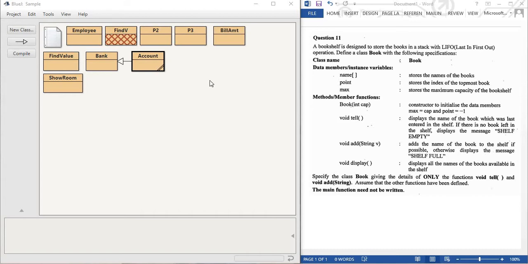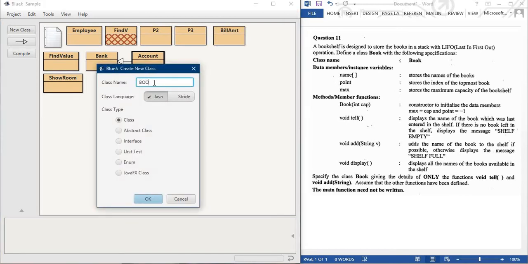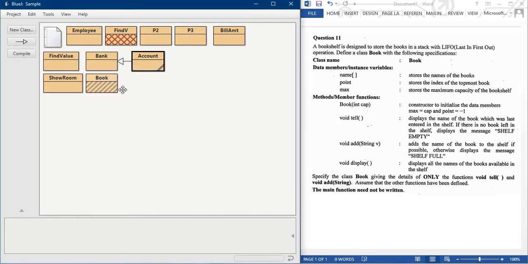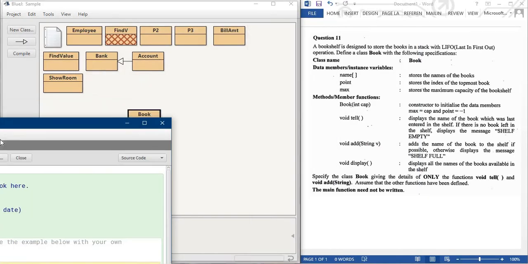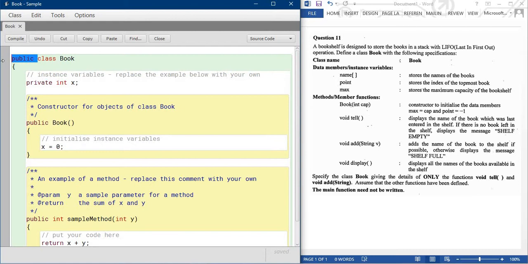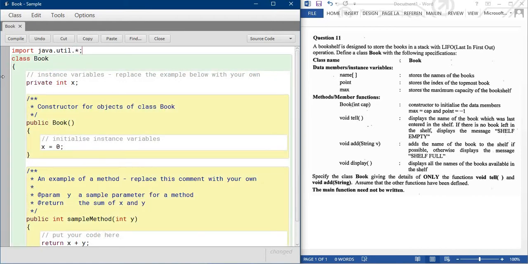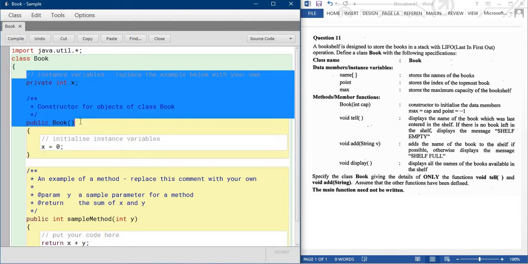So the class name is written over here: Book. I have prepared a class whose name is Book. So as it is, I am writing Book. Now the Book class is created. The unwanted lines I am erasing from the program. So import is required, the import package. I am importing the Scanner, and I am doing the entire program.